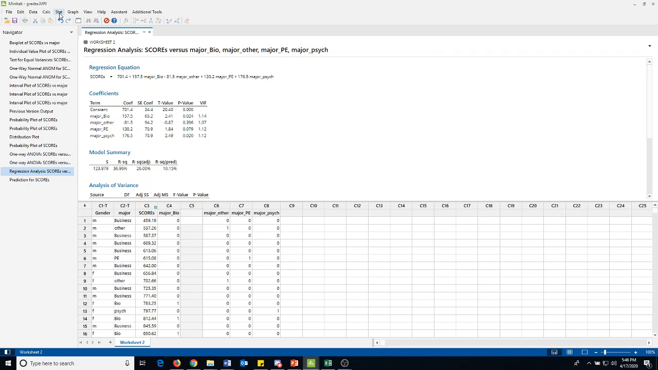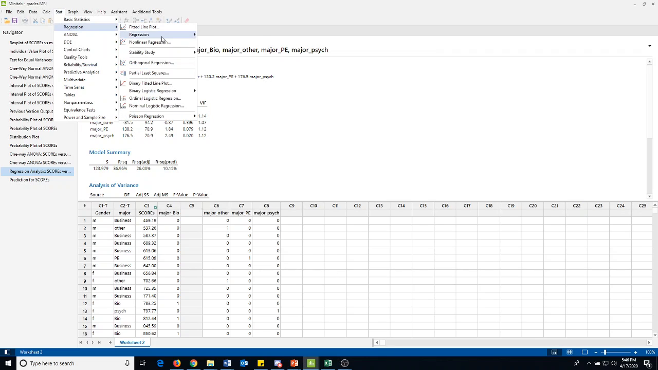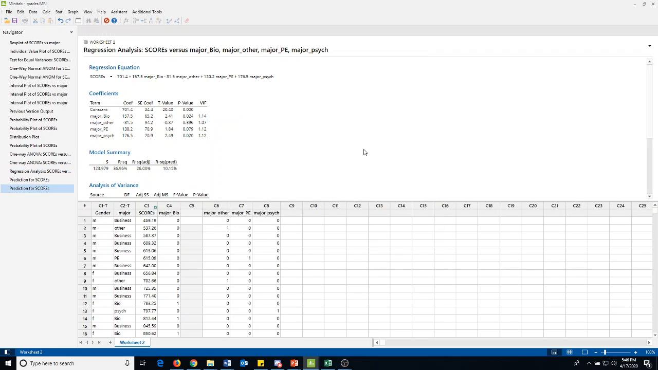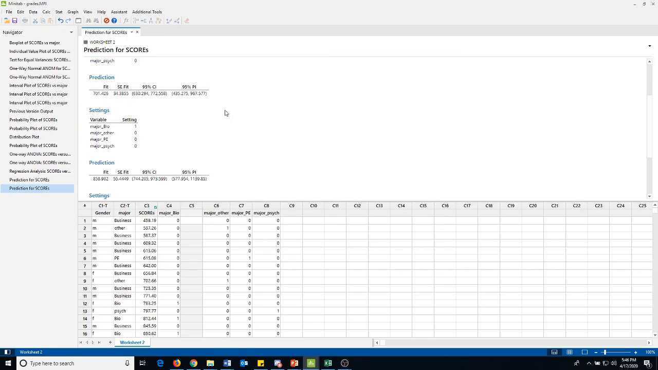We've done our regression. I'm going to go up to Stat, Regression. After I've done the regression, now I can use Predict, and I'm going to do business majors, which were all 0, biology majors, which were 1, 0, 0, and I think the other one that I selected was PE majors, maybe not, but we'll do those and then I'll change it later. So I can do this all at once. I enter the response scores, the individual values. If I go ahead and do that, then I get,